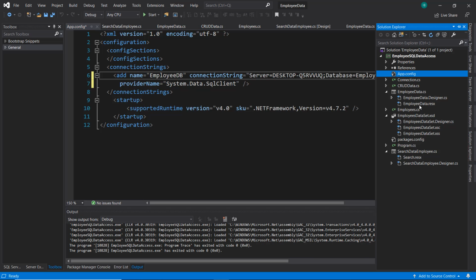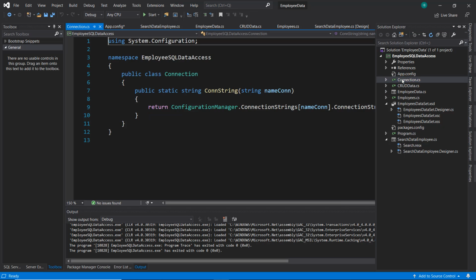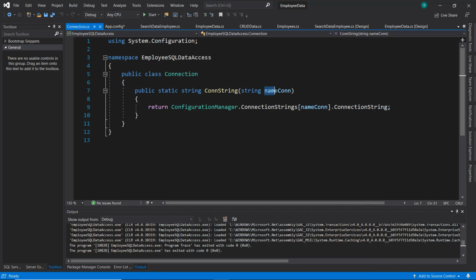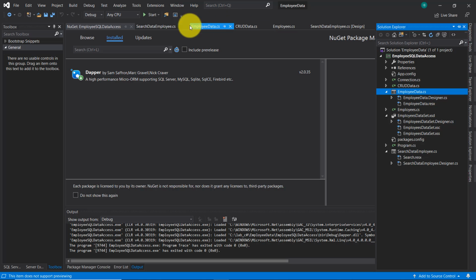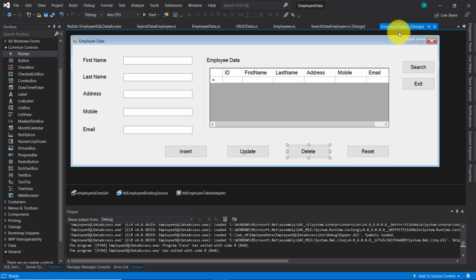I declared this class Connection. Yeah, so actually the name of the connection string will be taken over by this method using this string parameter, name con. Yeah, and here the configuration will be returned by this method ConString, which is part of this class Connection. I designed this form, Employee Data. Yeah, and